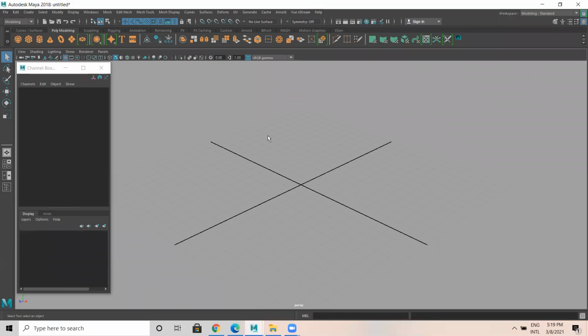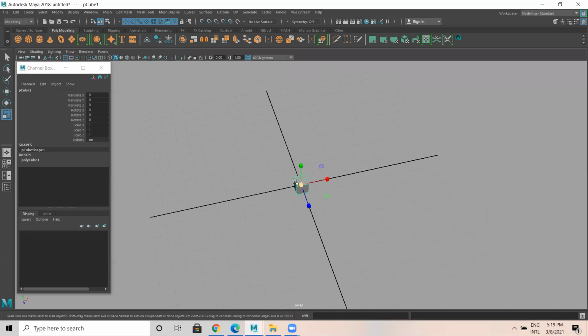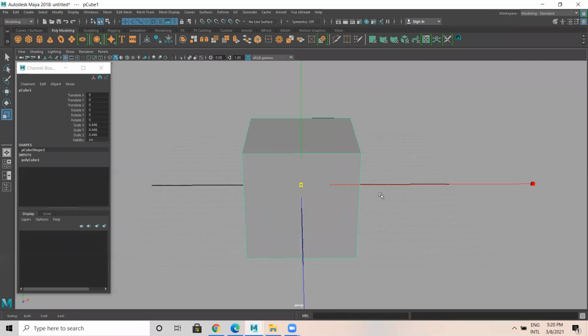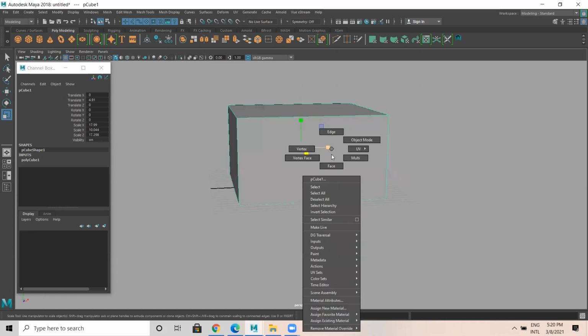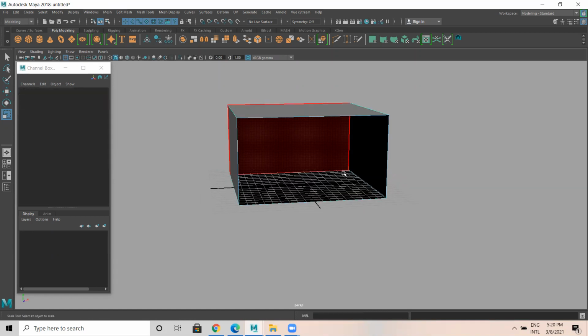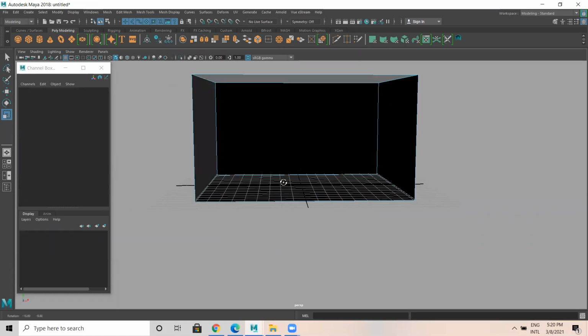So we'll start with the fundamentals of lighting. Normally, to view any object or to view a scene, there has to be a light. Without light, it's nothing. You don't get to see anything. Okay, so what I'll do is create a very simple